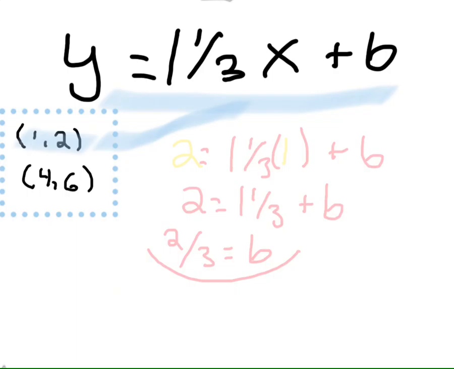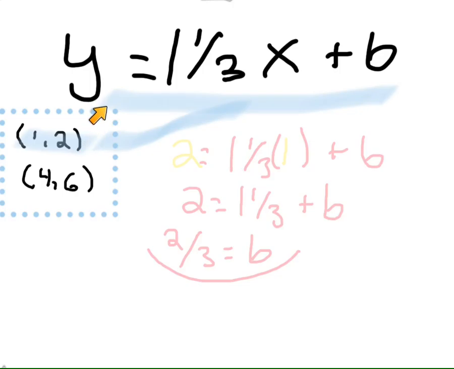We can then plug that into the m value of the equation, which gives us y equals 1 1/3 x plus b. Then, using the 2 points that we were already given, (1, 2) or (4, 6), we can plug one of them into the equation to solve for b using substitution. In this case, I used (1, 2), because that's an easy number. So 1 would be plugged into the x value, and 2 would be plugged